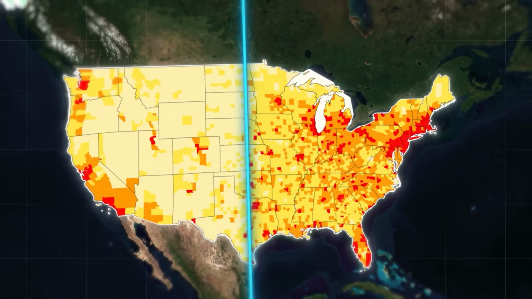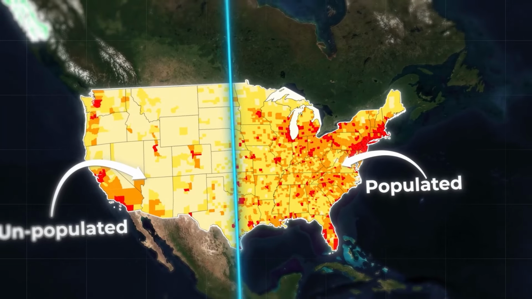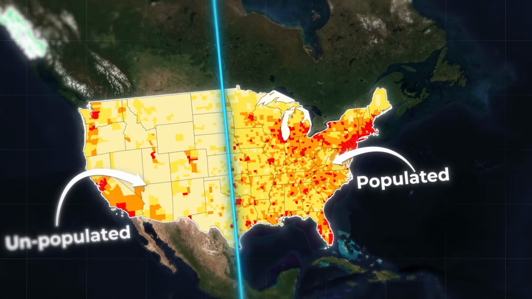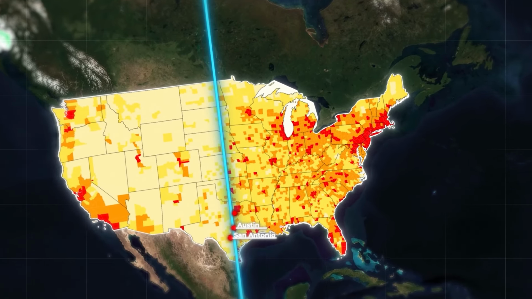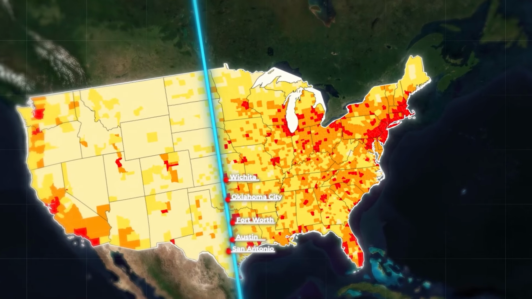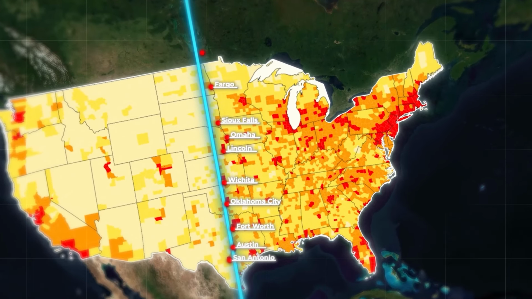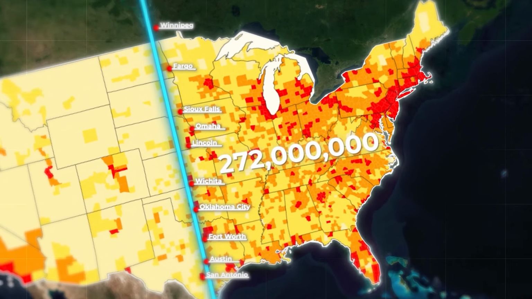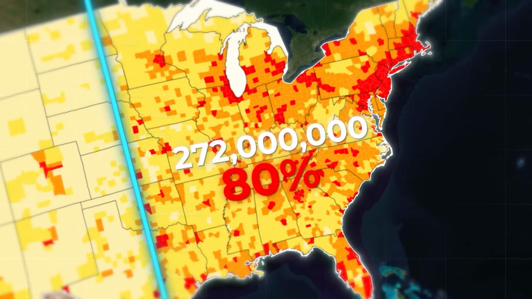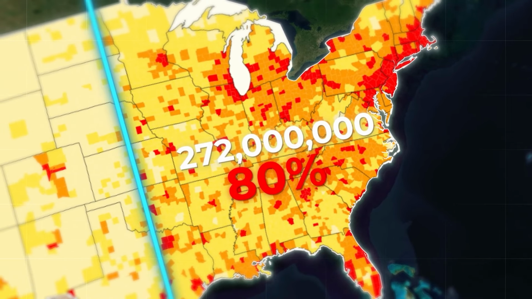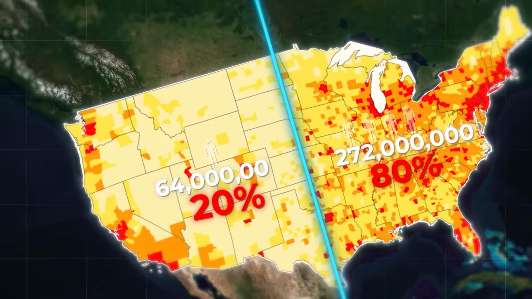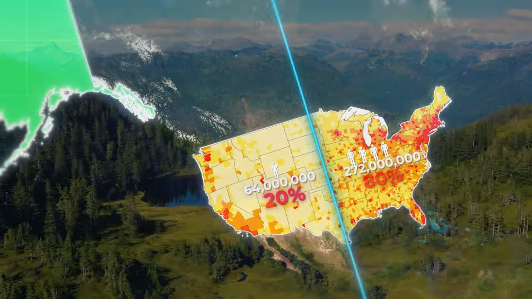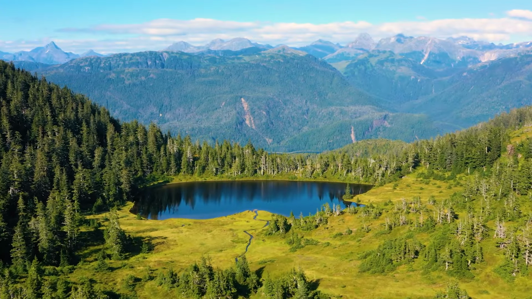This sharp division between populated and unpopulated America follows a nearly vertical line south to north, immediately to the west of many major population centers like San Antonio, Austin, Fort Worth, Oklahoma City, Wichita, Lincoln, Omaha, Sioux Falls, Fargo, and all the way up to Winnipeg in Canada. Approximately 272 million Americans, or 80% of the population, reside east of this line, meaning that the remaining 20%, or roughly 1 in 5 Americans, reside west of the line. An enormous area that, when Alaska is taken into account, actually makes up the majority of America's land.